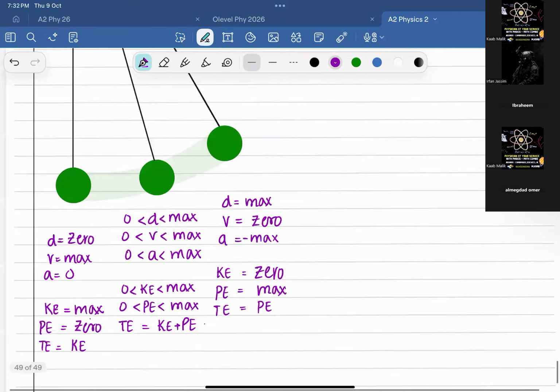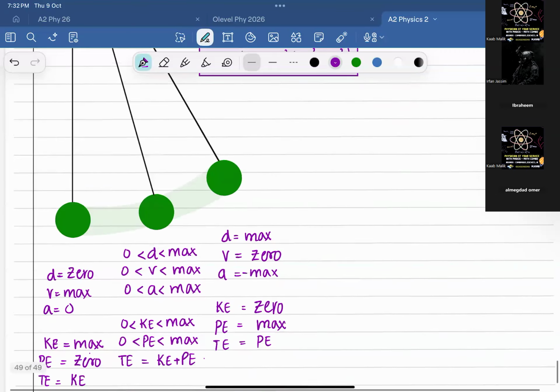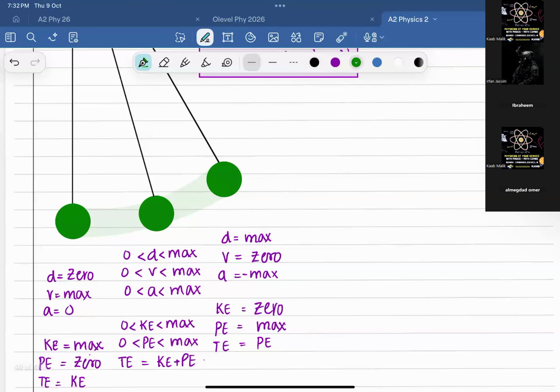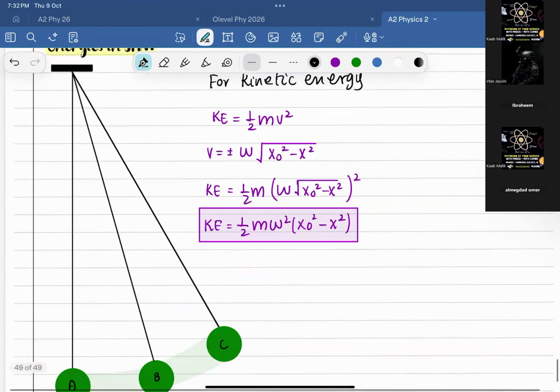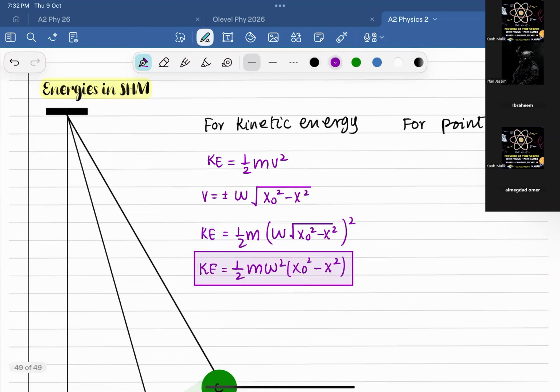Now this is the first concept, right? Now if we pick the point A, let's say this is the point A, this is the B, and let's say this is the C, okay. So if we pick the point A, we know that the displacement x is 0, and we also know that the total energy is given by the